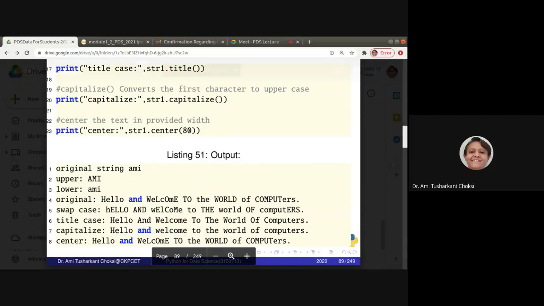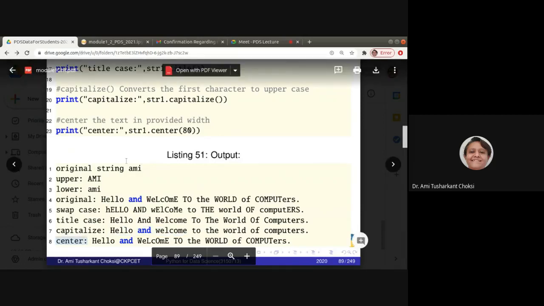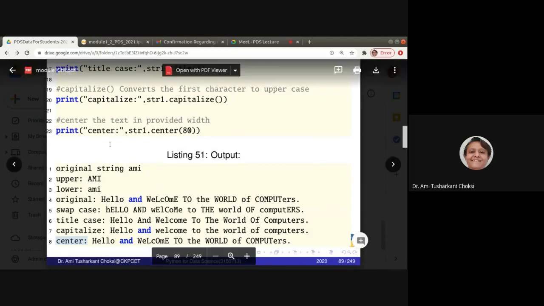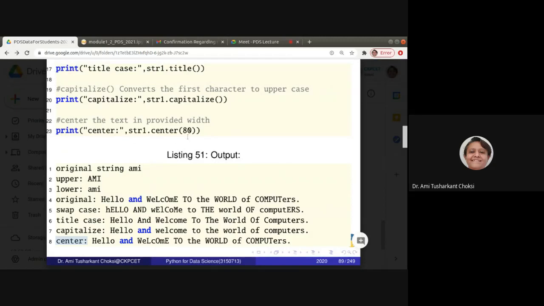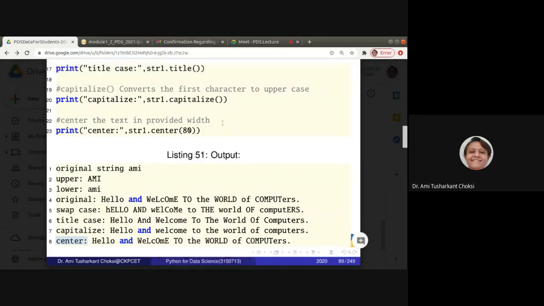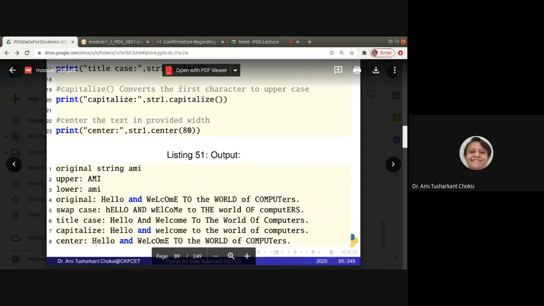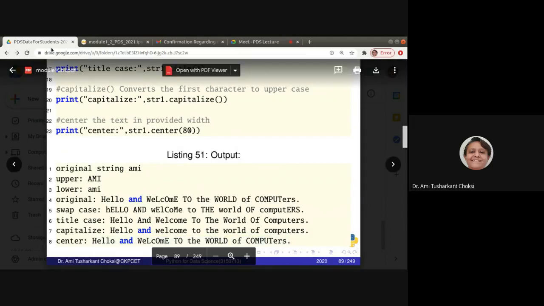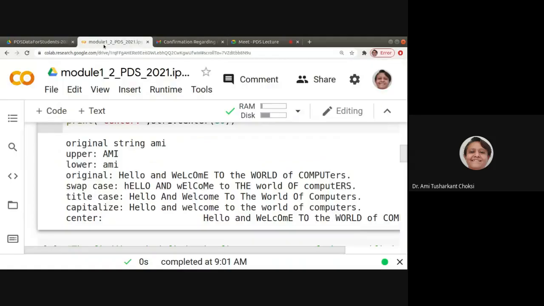Now center, that means what? Center, that is str1 dot center, say 80. That means center the text in the provided width. 80 characters are there, so within that it will center the text, right? Here I cannot show you all those 80 spaces, so let me show you here.